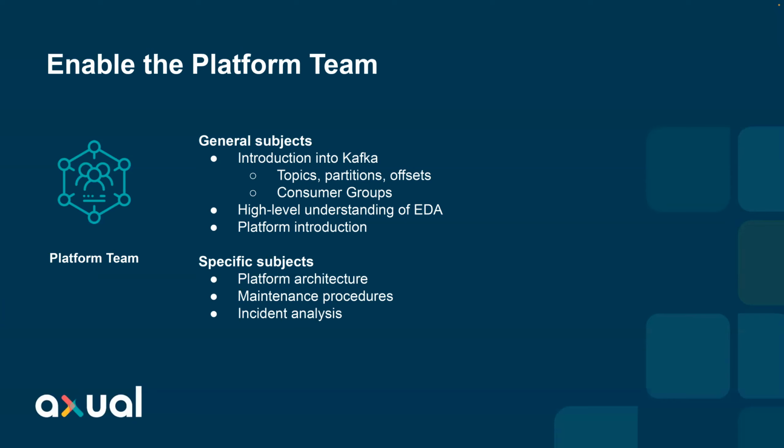And of course, once there is an incident, how to approach incident analysis. We've seen over time that incident analysis on Kafka can be quite complex. So having a team that is comfortable with looking into technical components, checking out configuration options, knowing which components internally communicate with which other components, that is a big speed up in case of incidents. So that is all part of the enablement of the platform team.